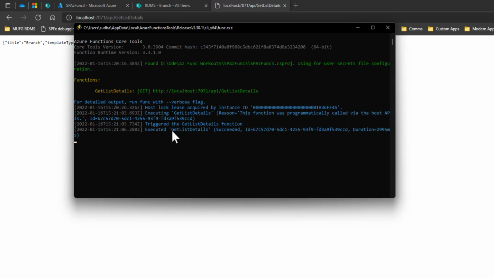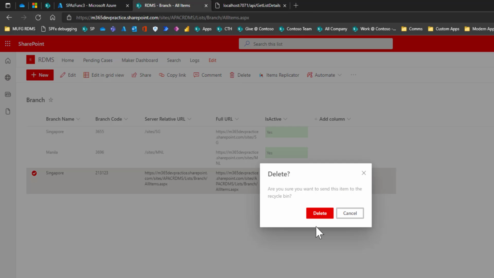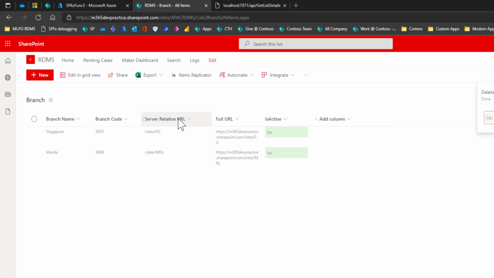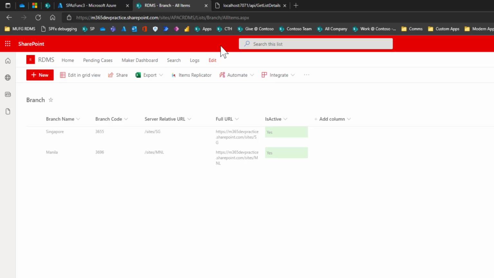So now it returned. The title is branch, template type is 100, and the item count is 3. If you see it here, you can see the log: triggered the GetListDetails function and executed GetListDetails. So make sure you're running the correct one. I'll just delete this item. Okay, so now there are only 2 items in the branch list.